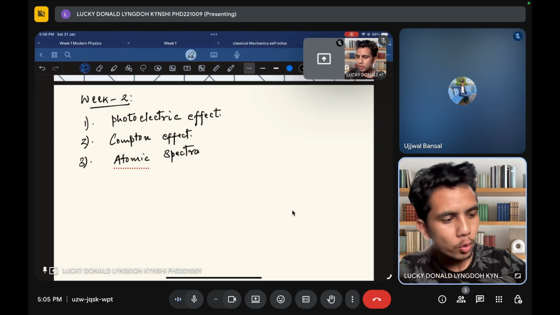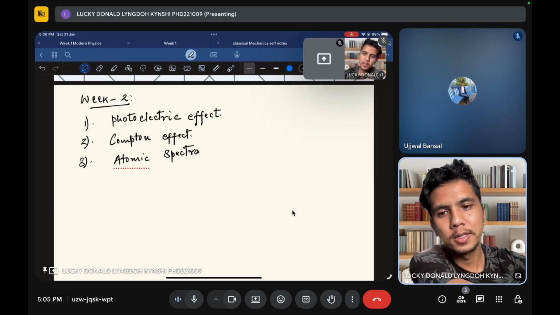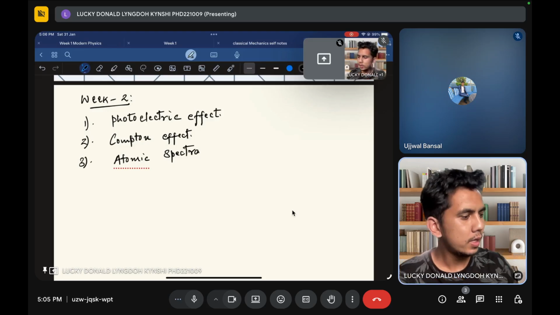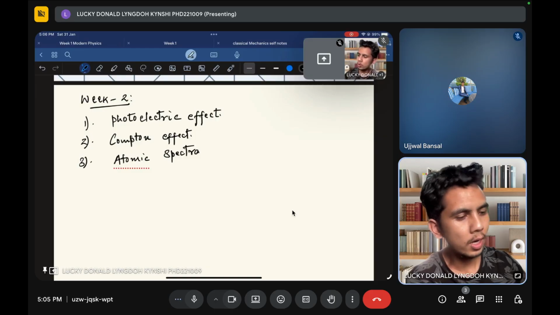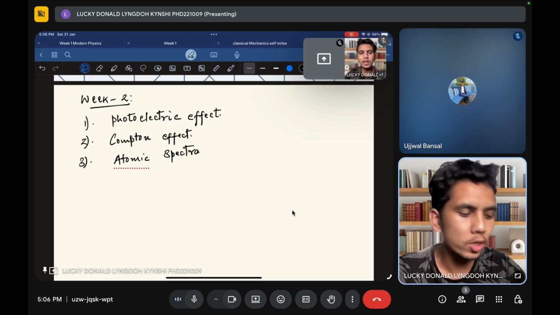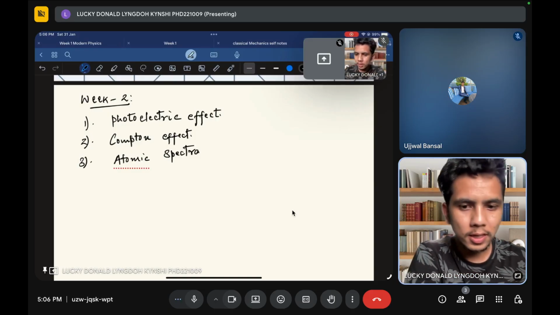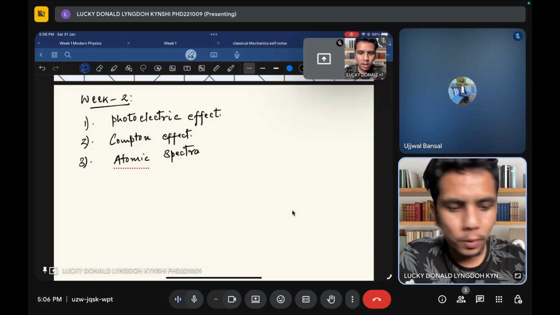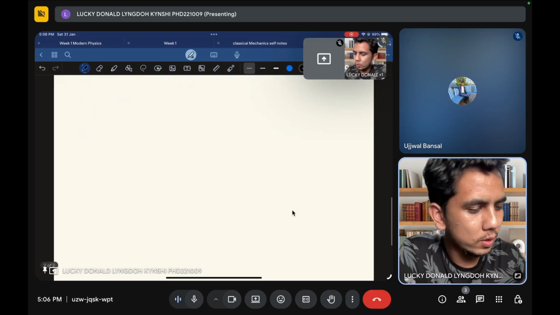So if you have noticed the assignments, there are a few questions related to your photoelectric effect, and there are also questions related to your Compton effect, and also something related to atomic spectra. Okay, so let's start. What I will be talking about first was,